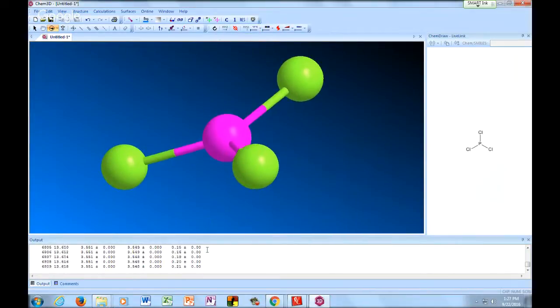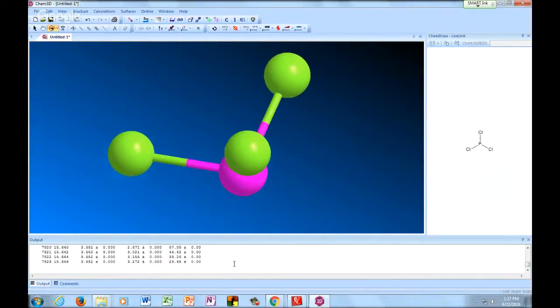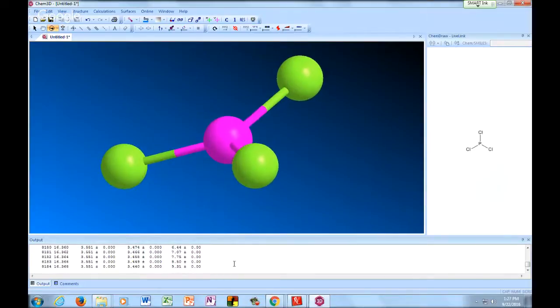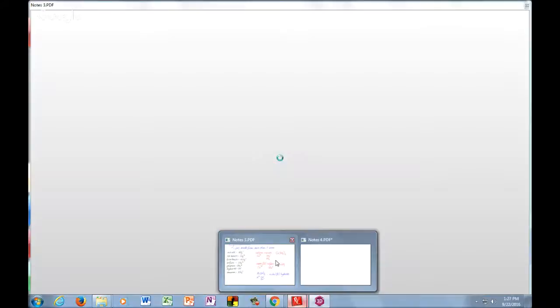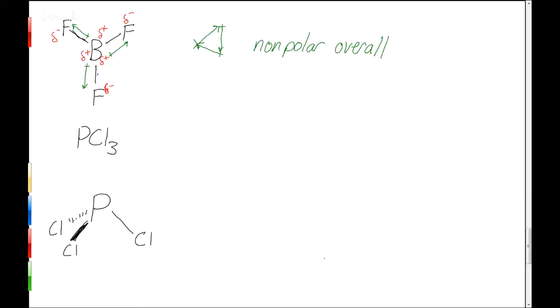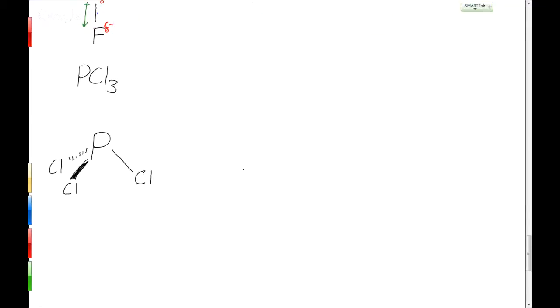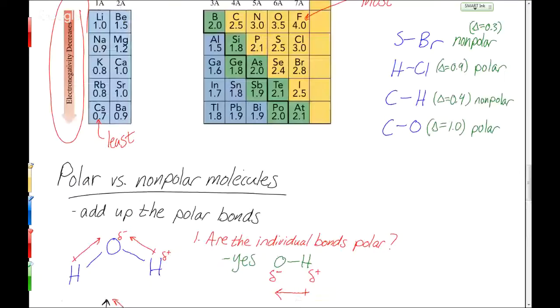Oh, calculation in progress. It's trying to calculate where the lowest energy is, what the best arrangement is for it, and it should figure out that it needs to be in that best spot, but it's just kind of doing that. So I don't know. All right, we'll just let it do that for a while and see what happens. Okay, so anyway, you get the idea that it's on the corners of a triangular pyramid type thing. So if we go back up and look at the PCl3,